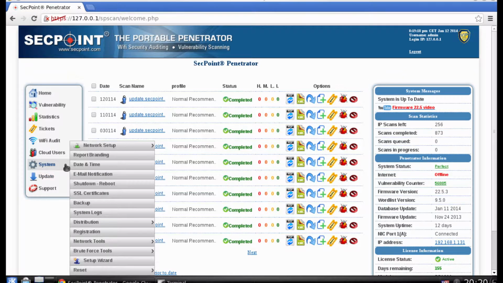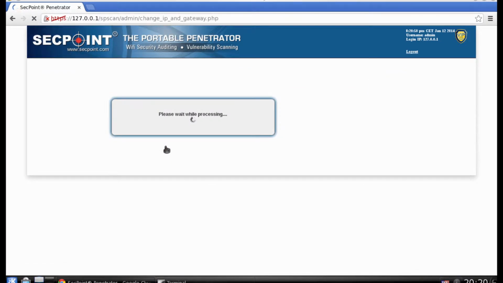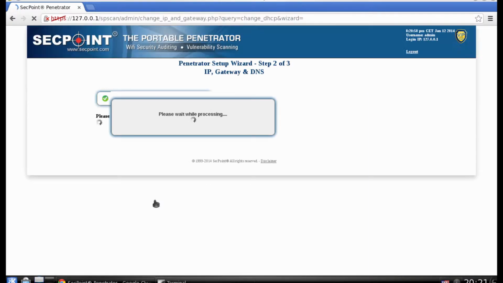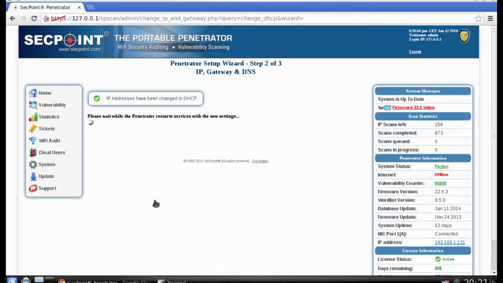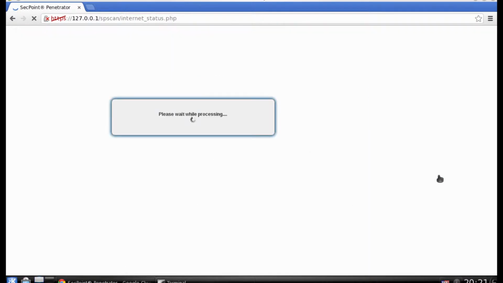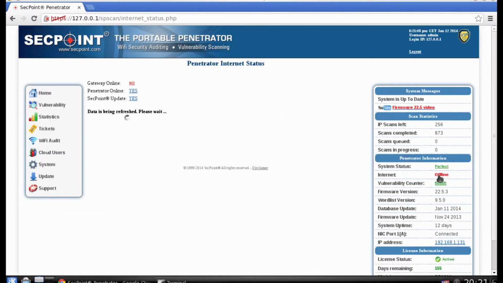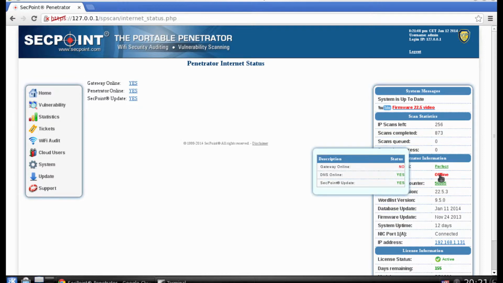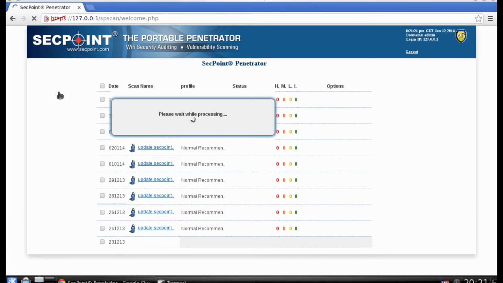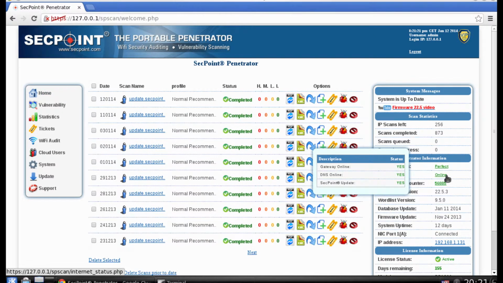After that, we simply go to the system, network settings, and the IP here, and then we will set it to DHCP mode. In some cases, it will already happen automatically when you start up the software. It will go for the DHCP, depending on how your setup is. So we are now seeing the internet status, and we will just click it, and now it's refreshing the status so we can see if it is getting online. Sometimes it can take just a little while. You see now it says gateway online, and we'll go back to the home, and now it is perfect.